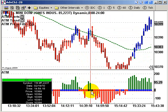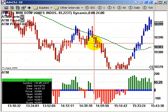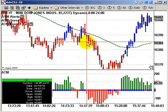Well, we have to look at our ATM line here. Still blue, so we got to wait. Normally, if this was all red here, we could just go short on the close of this bar, but it didn't. So we got to wait the second one if we want to attempt a trade there. Did get that to turn red. Now we're going short 2 ticks below the low of this bar,